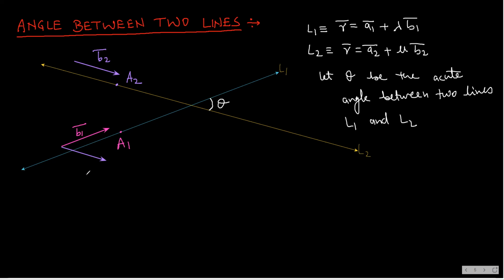So if I find, this is vector B2 bar, these vectors being free vectors, I will shift it here, and now I will find out the angle between two vectors. What are the vectors? B1 bar and B2 bar. When I find this angle, it will be the same as this angle theta. So one very important statement that we will write here is